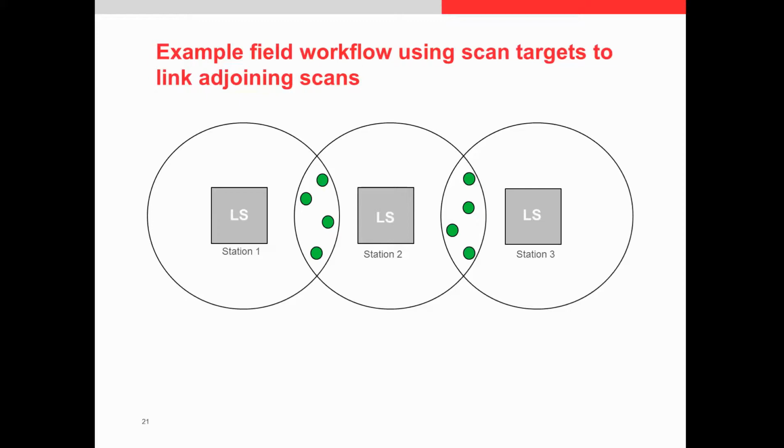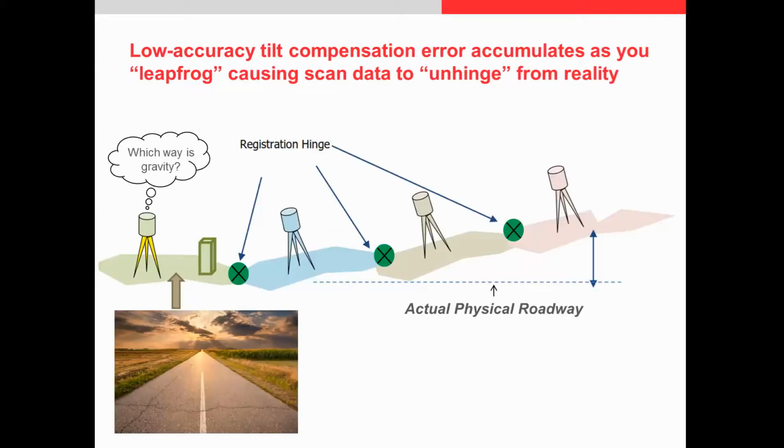So if you're doing that target-based, in order to lock down those 6 degrees of freedom, you need a minimum of 3 targets in your overlap area. And that can equate to a lot of extra work in the field and a lot of extra equipment that you have to use. Another method would be